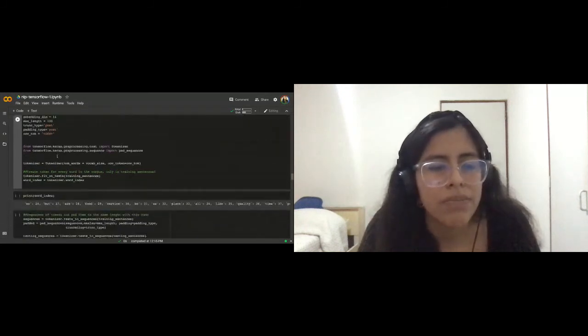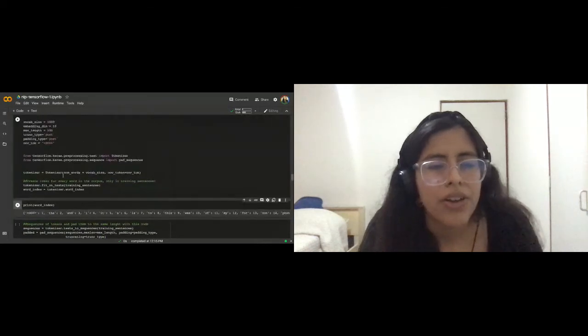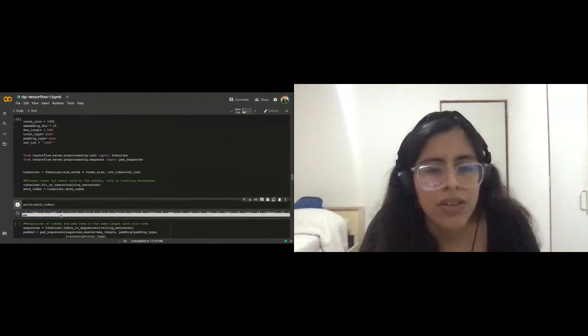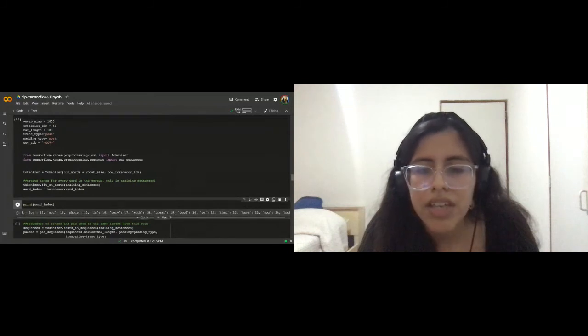I'm going to run that part and then, okay, the word index is a list of all the words in the tokenizer from all the sentences. So for example, great is 19, good is 20, and 2 is 8. Oh, it's nice.